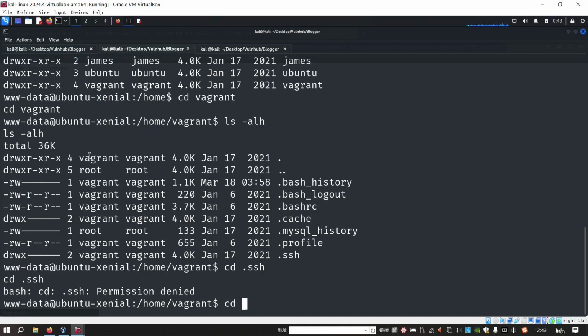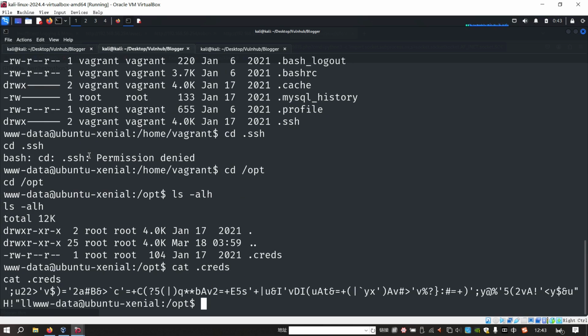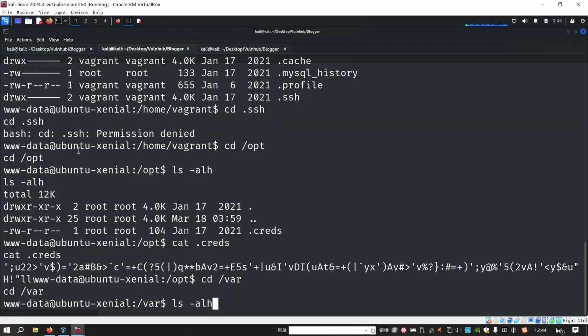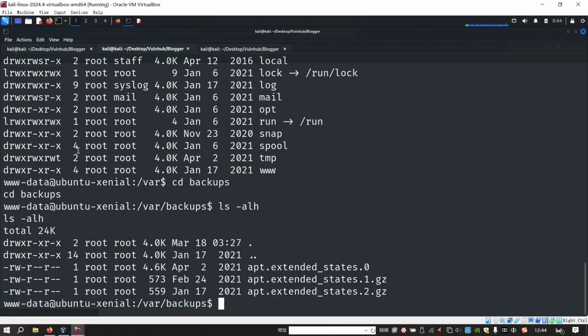So how to do next? We can go to the opt directory. Oh, there is one file, creds. We can get out this one. But unfortunately, this content involves some kind of gibberish data. We don't know what it is. Anyway, now we can go to the var, go to the backups directory, nothing here,